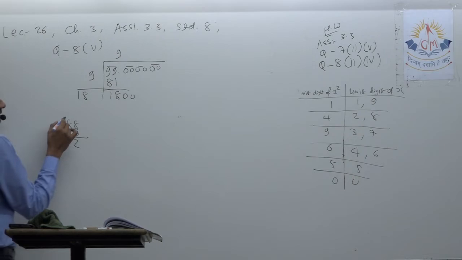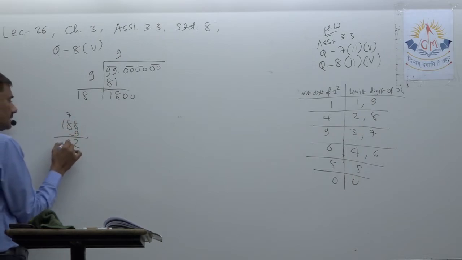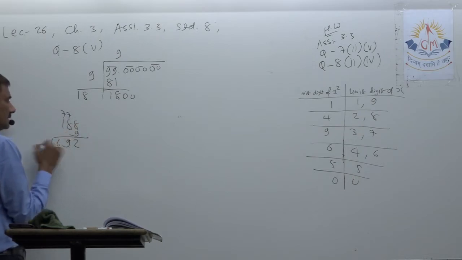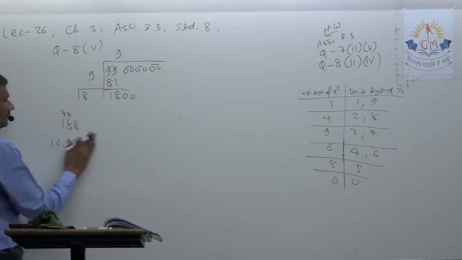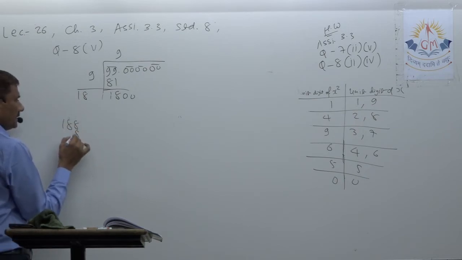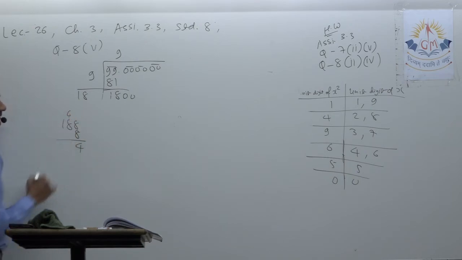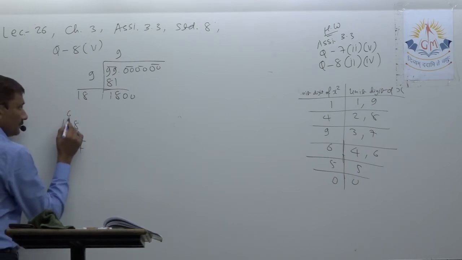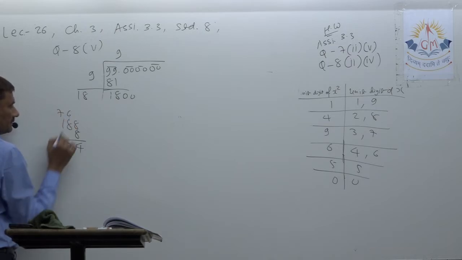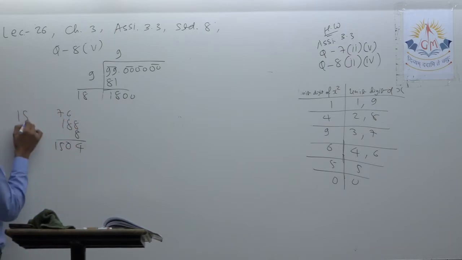9 sevens are 63... 9 is a 72, 7. 9 is a 72 plus 7, 79, 7. 9 plus 7, 16. Sorry, 188 into 8. 8 eights are 64, 6. 8 nines are 72 plus 6, 70, 7, 15. Look at 189 into 9 also: 9 nines are 81, 8. 9 eights are 72, 72 plus 8, 80, 8. 9 plus 8, 17. So for 189 we got 1701 and it is quite near to that.